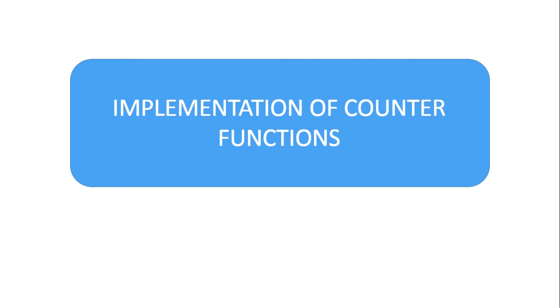In this video, we are going to see the implementation of counter functions in PLC. So we know in counter functions we have two main counters, that is up counter and down counter, and a combination of it, that is up down counter. Up counter counts from 0 to a preset value, and down counter counts from the preset value to a value of 0, and up down counter usually plays a role in the accumulator value by counting up and down accordingly. Let's see this implementation in a Siemens PLC.